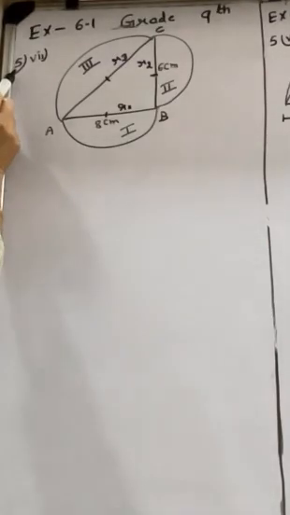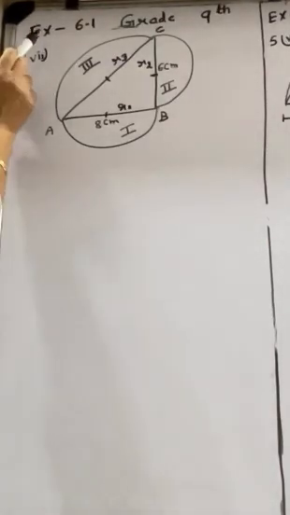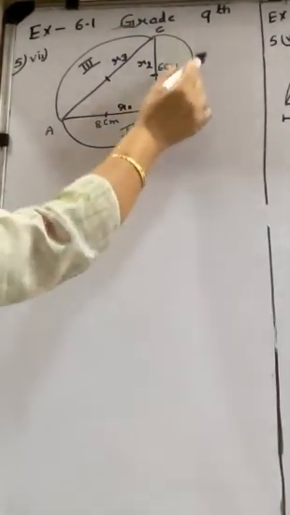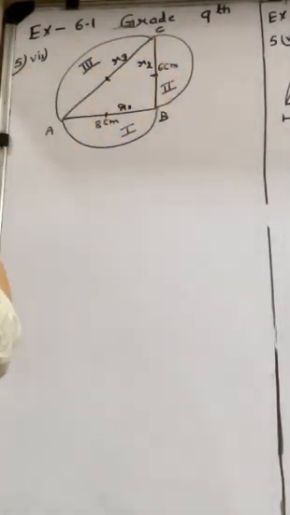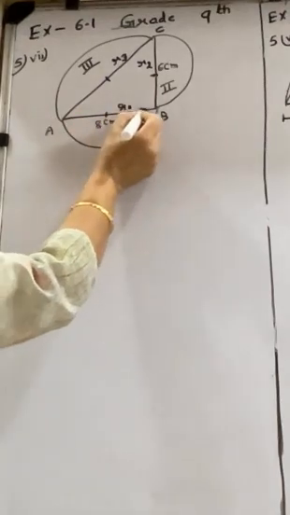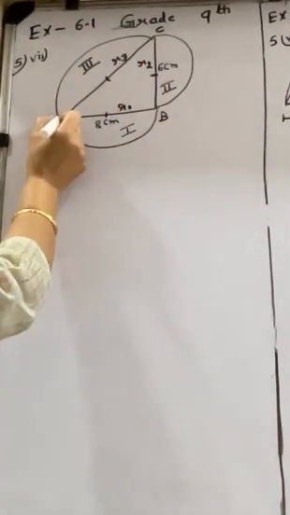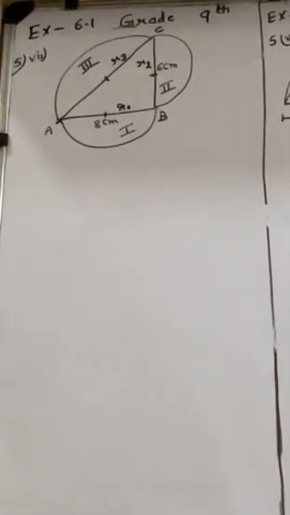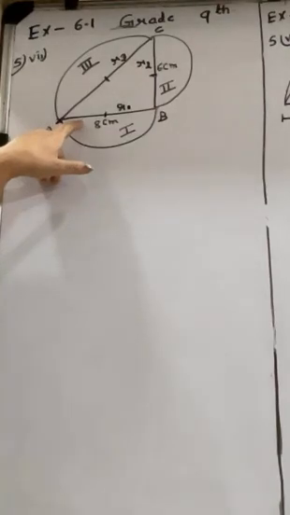So this is question number 5, part 7 from exercise 6.1. Again in this question, he is saying find the perimeter of the shape. So actually this triangle is not in the shape. What is the perimeter? Perimeter is the length of the outer boundary. If you look at your textbook, this triangle is given in dotted shape. Dotted means you will not count that length.